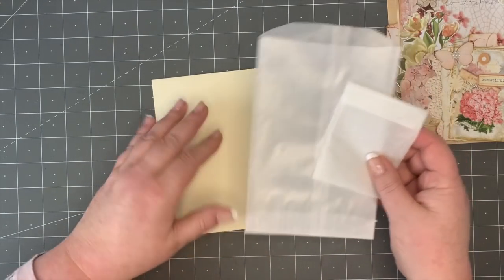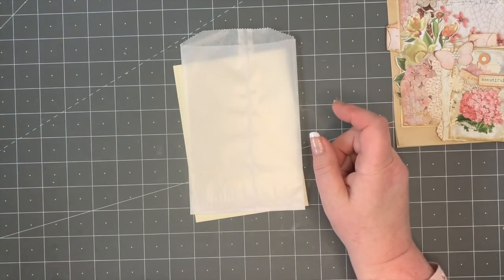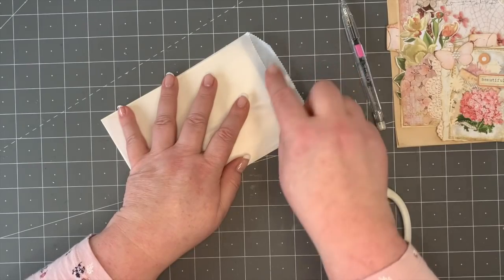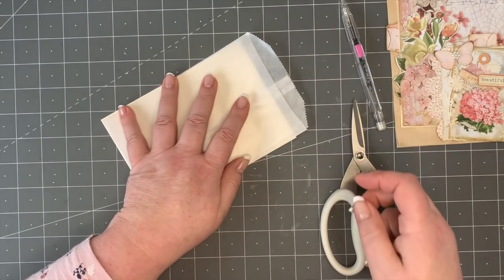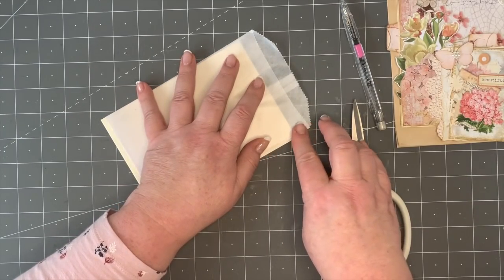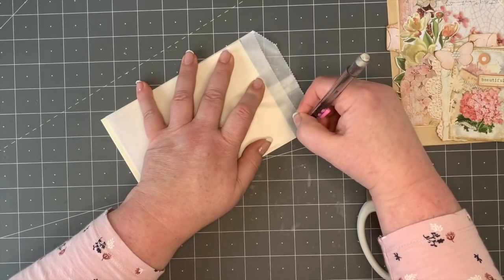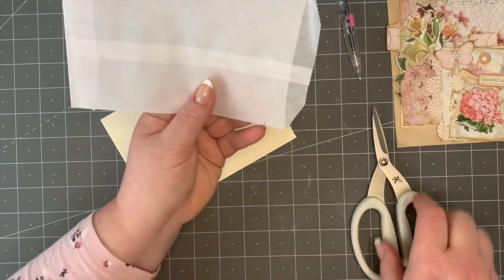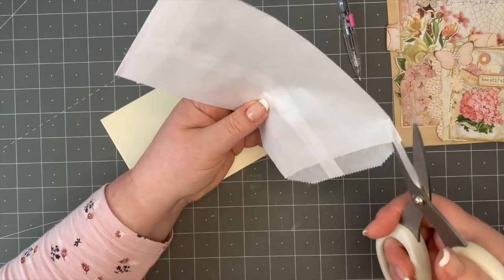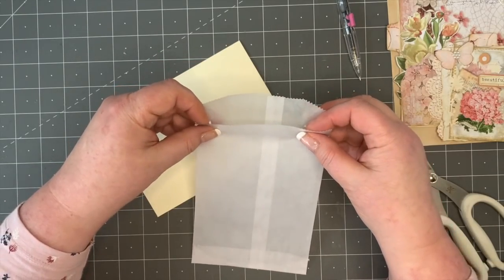Now the first thing I want to do is sort out this bag. So let's put the little tea bag aside. Now what I noticed was I need a pencil and my scissors. I need to cut this down a bit lower, but I don't want to just cut that off. I want to reinforce these edges. So what I did was I moved this up a little bit, and then I made these little marks over here, which you're not going to see. But what it enabled me to do is slit this to the marks. Because I'm very mindful of the fact that this is delicate paper and can easily tear, so I didn't want to